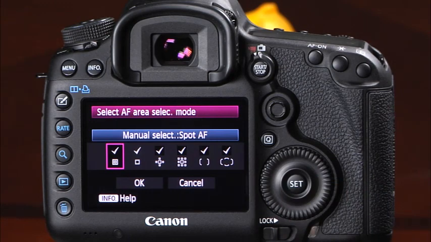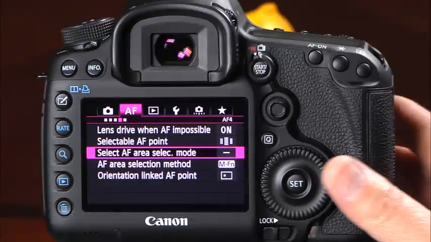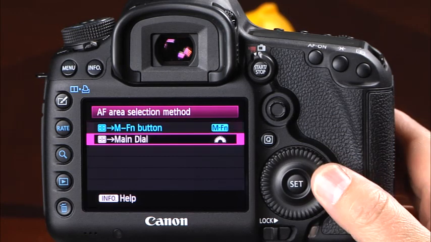With this menu item, you can choose which AF area selection modes you'd like to enable. Depending on your preferences, you may want to select just a few of the options or all 6. The next menu item that will allow you to customize the camera's autofocus functions is AF Area Selection Method. With this option, you can choose whether you'd like to use only the multi-function button or the main dial to